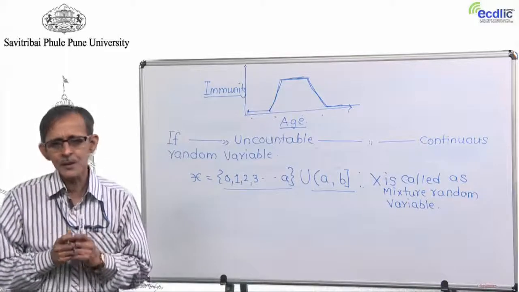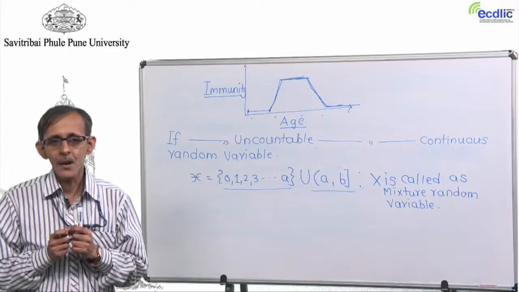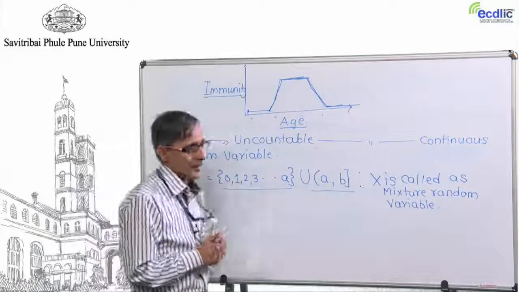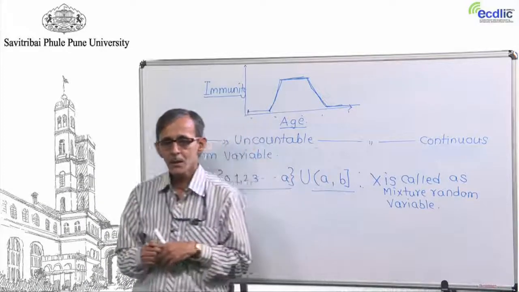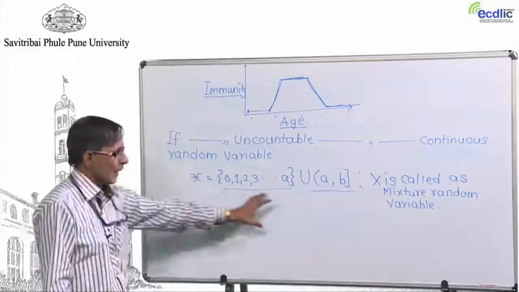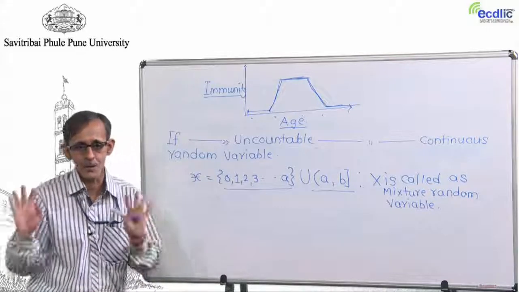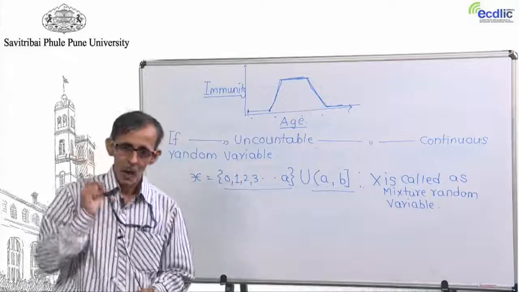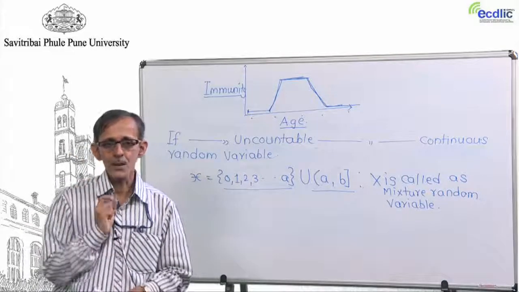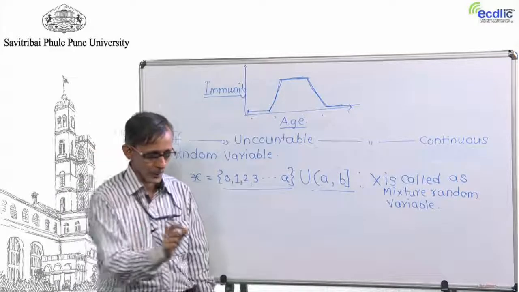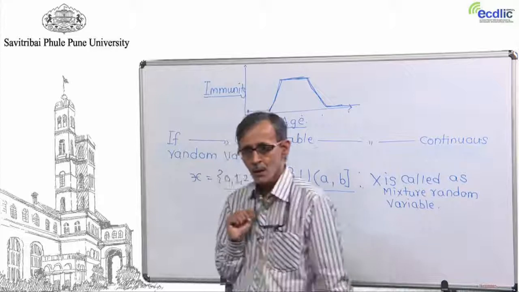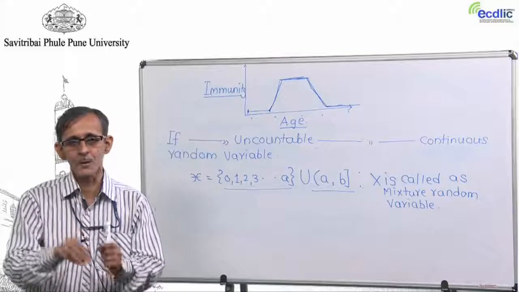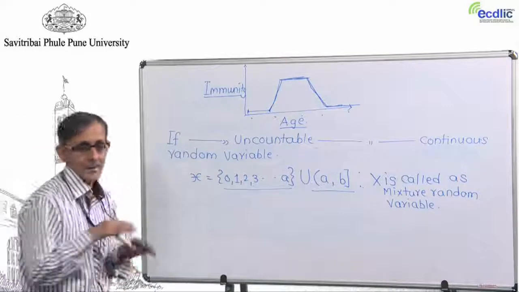It is a very difficult question to ask: why continuity, or what continuity exactly means? Because when we teach in the first year of a statistics course in BSc, we say that when you have a continuous random variable, the probability that X is equal to a point is always 0. And the student asks a question: look, I got a value of this, how can you say that it has probability 0? Say, for example, if you measure the width of a wire, you say that okay, this is the width of a wire, which is 25.7 centimeter, or 25.7 millimeter, whatever the units are.